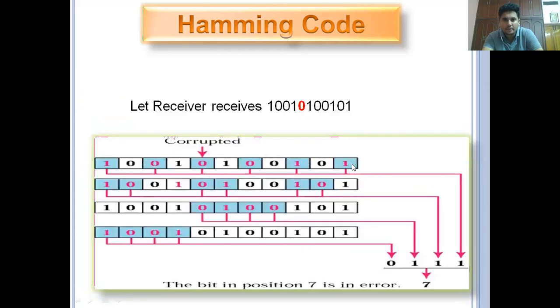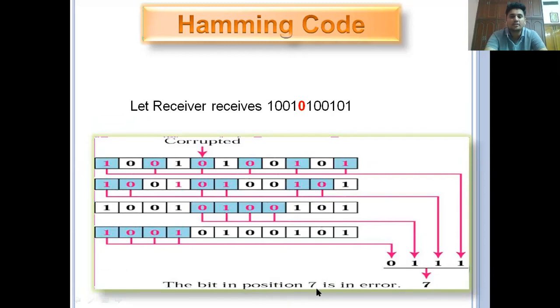So now by performing XOR operation on 1 1 0 1 0 1 0 0 1 and 1 0 0 1, it becomes 0. So by performing XOR operation on R1, that is 1, performing XOR operation on R2 and the original data, that is 1, performing XOR operation on R4 and the R4 range data 0 1 0 1 0, that is 1. So now the total is 7.